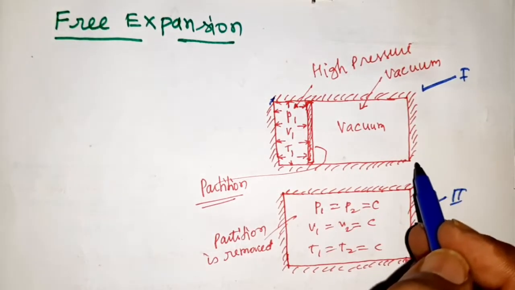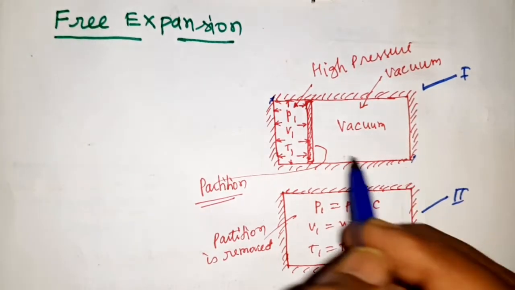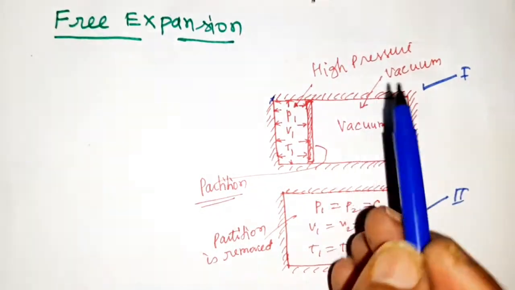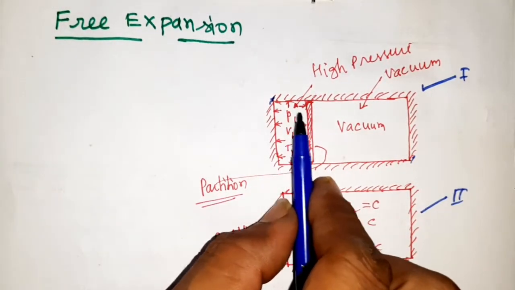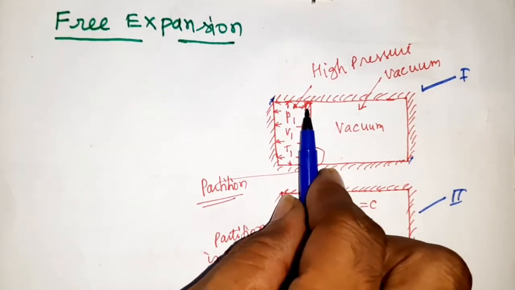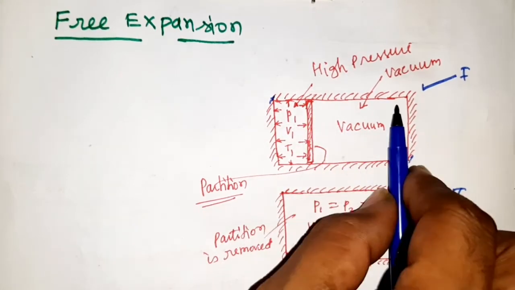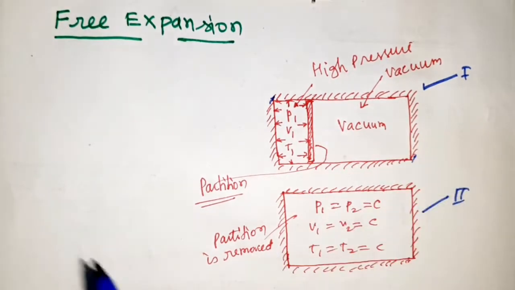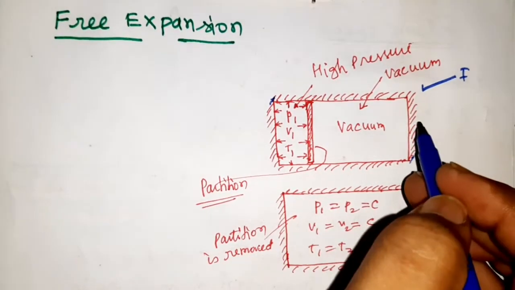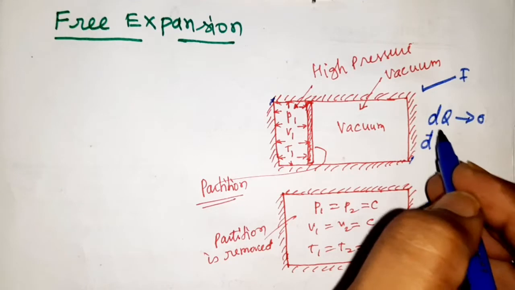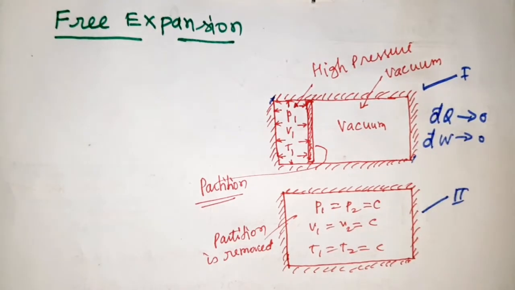it is actually an adiabatic, insulated container, so there is no work or heat transfer throughout this system. The expansion is taking place in this isolated system, meaning this partition is removed and shifted here. Here the work is not crossing the system boundary, so there is no work done, and it is completely insulated, meaning del Q is also 0 and del W is also 0 because it is not crossing the system boundary. So here we can say